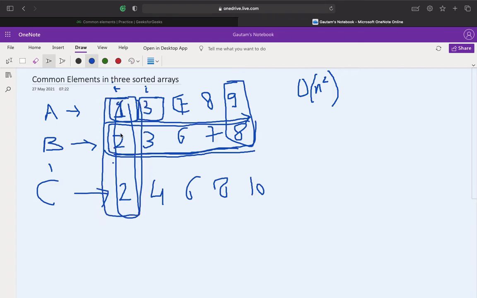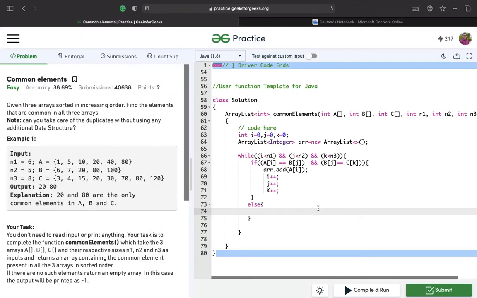Here the minimum is 2, so we'll increment the minimum part. In this case there are two 2's, we'll increment both because they are both minimum.